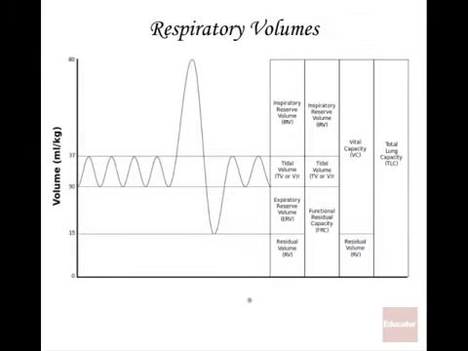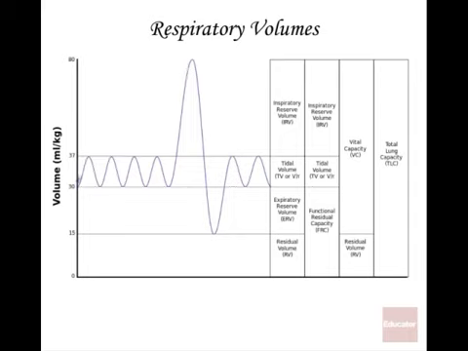All right, when it comes to respiratory volumes, this describes the different levels of breathing in terms of how big an inhalation you are taking and how big an exhalation you are making. If we start over here, this line here is just called tidal volume. It's your regular breathing when you're at rest. I know on the y-axis here it says milliliters per kilogram, but I think it's easier to think about just the total volume involved. For the average person, this is about half a liter, 500 milliliters. So I'm going to move my pen along here and show you what's involved.